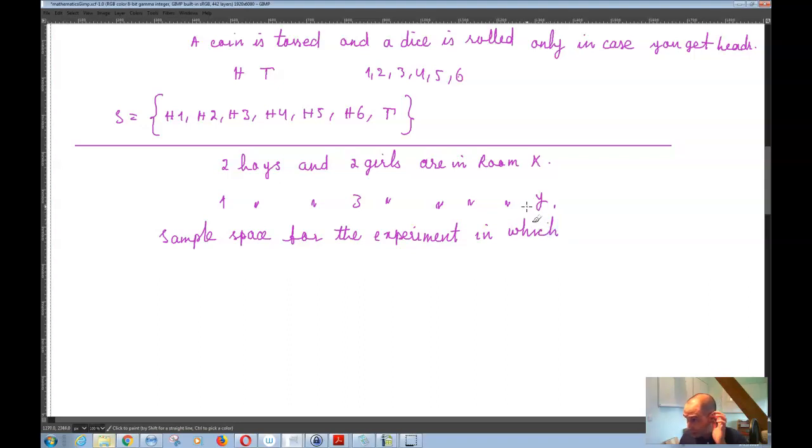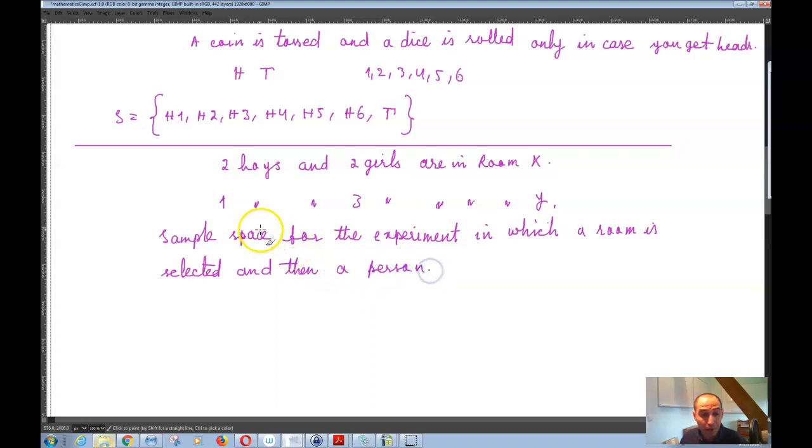In which a room is selected and then a person. So for the experiment where a room is selected and then a person,